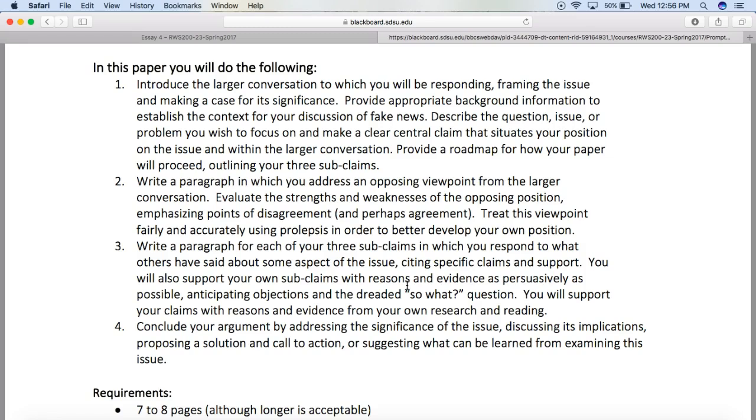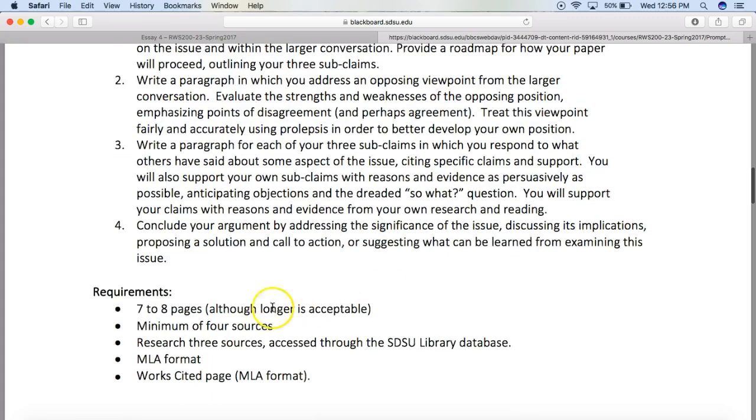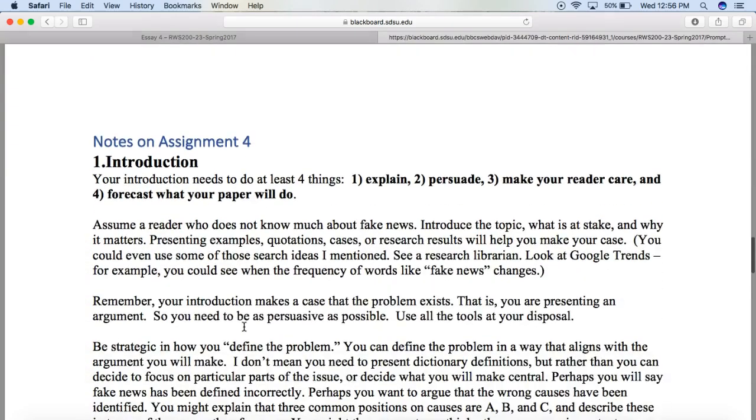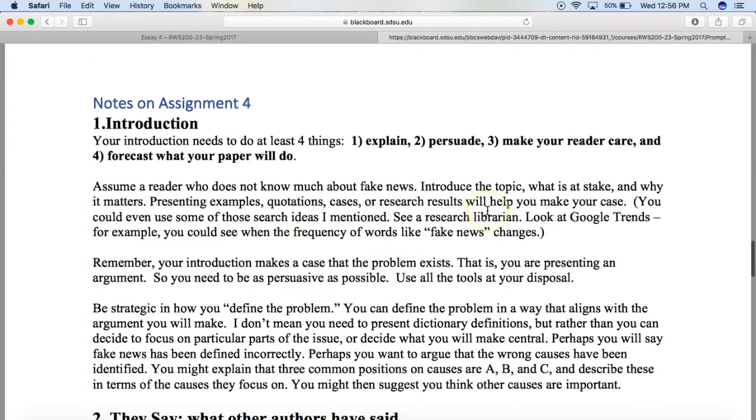So you would just choose those 2 articles from class. Then to meet the 4 source minimum, you would need to find 2 additional sources outside of class. In total we're going for 4 sources, and that can be any combination of in-class and online sources. I know that was a big question from today's class.